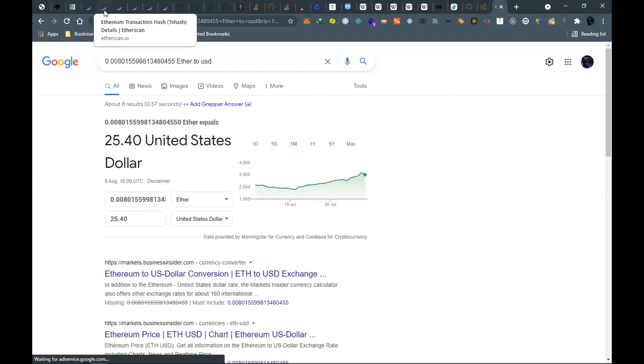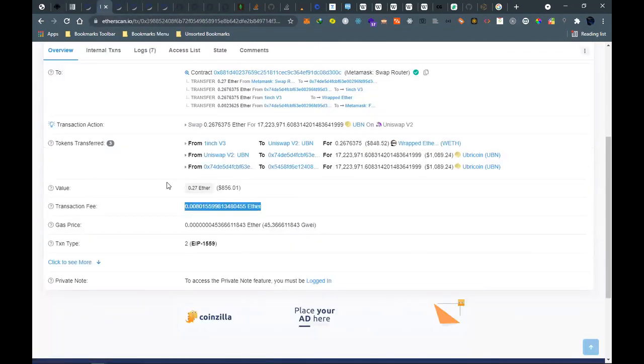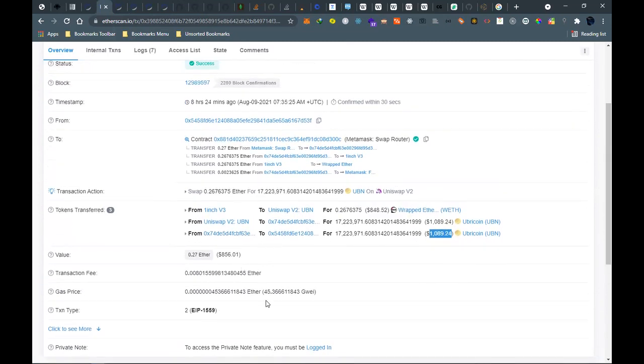It's worth it if you are paying 25 to get this amount, but still there is more that needs to be done.